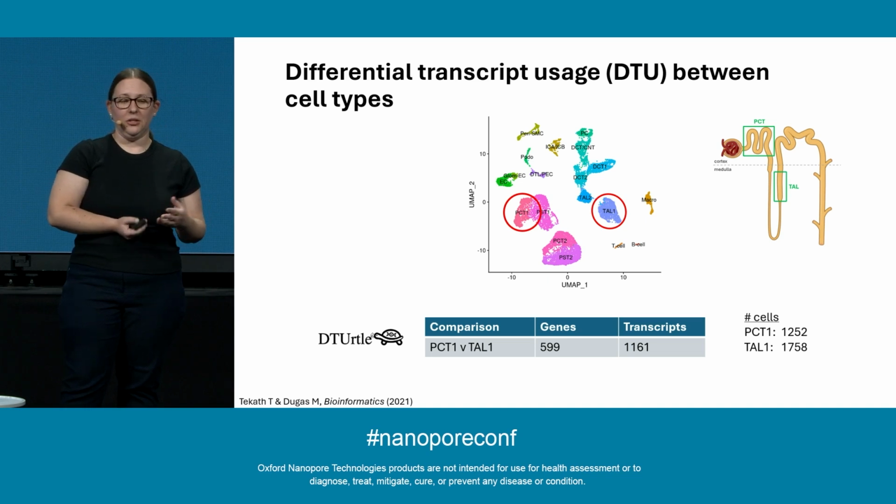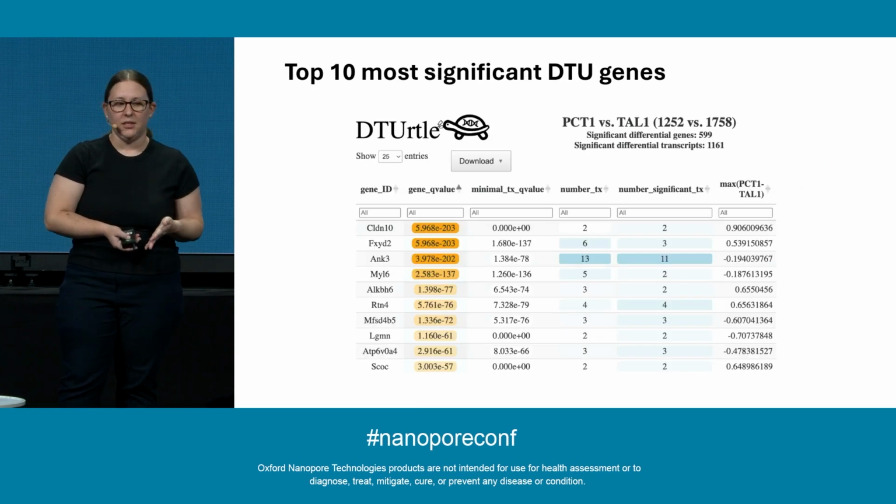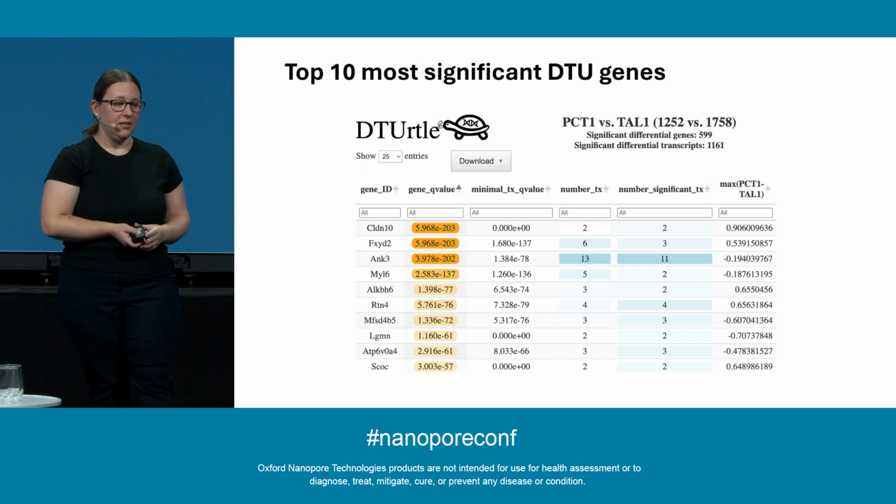It isn't necessarily for long reads, but we did use it for that. And this package identified almost 600 genes with differential transcript usage among over 1,100 transcripts. And these are the top 10 most significant genes that were identified between the PCT and TAL. And so we're going to focus on Claudin 10. When we saw this, we were really interested because Claudin 10 is actually a very common TAL marker, and we see it come up for PCT as being